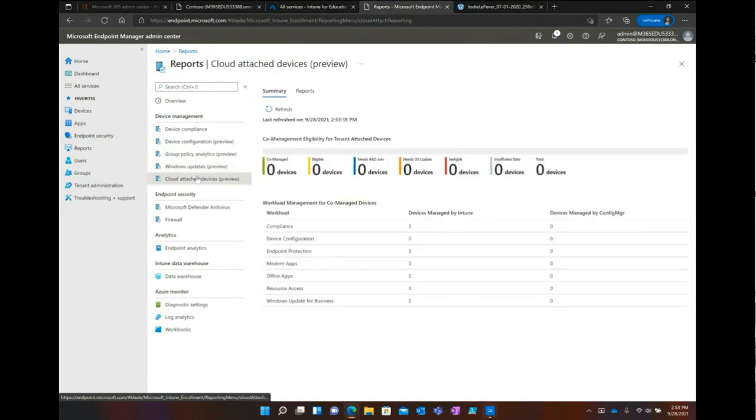And cloud attached. I did mention how co-management is a possibility for setting up that relationship between SCCM and Intune. If you have that cloud attached set up, then you can see all your devices in here, and you can even bring all your collections over. If you haven't set up the cloud attached part, I highly recommend you do it because it takes a little while to get all your devices enrolled, and we have to be ready for the next school shutdown and all the devices run away again.